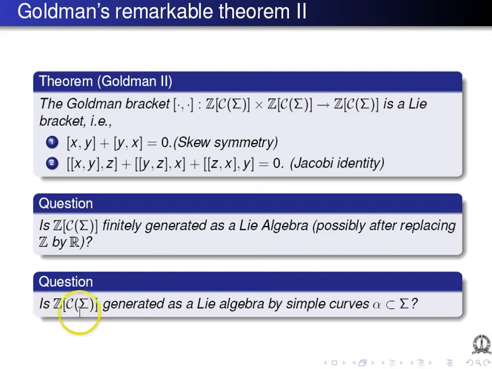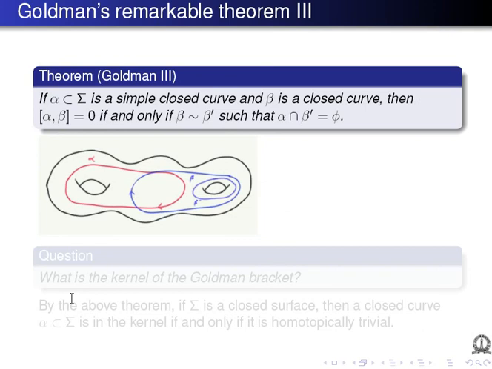So you took curves in C of sigma that are simple and look at formal linear combinations of them. Is the Lie algebra generated by this all of the Goldman algebra? This I would think is yes. And the most remarkable theorem of Goldman, which I'll be using here and which also gives this bracket its well-deserved fame,